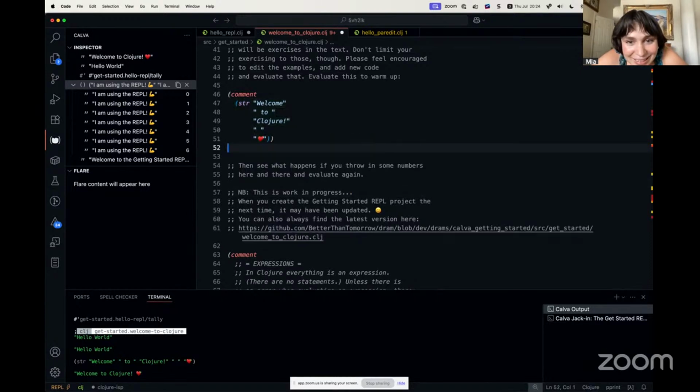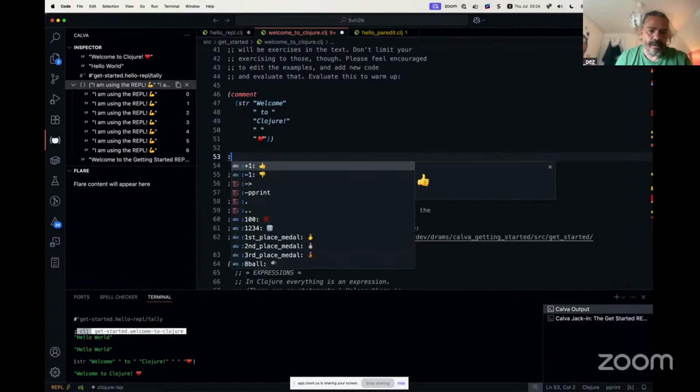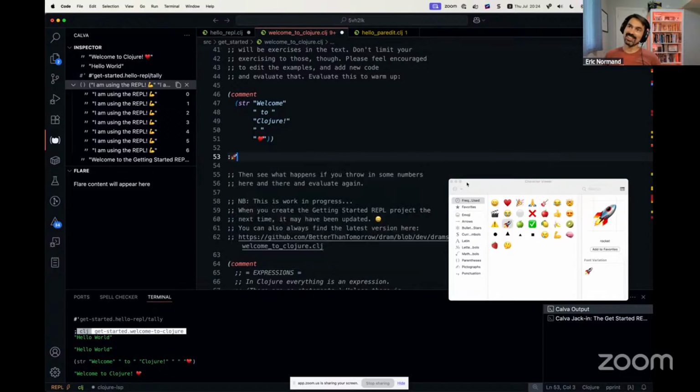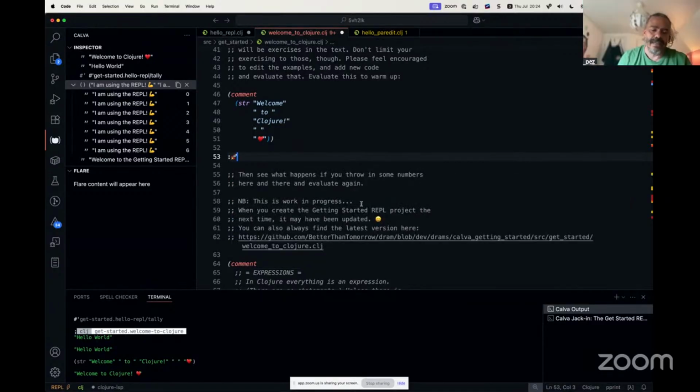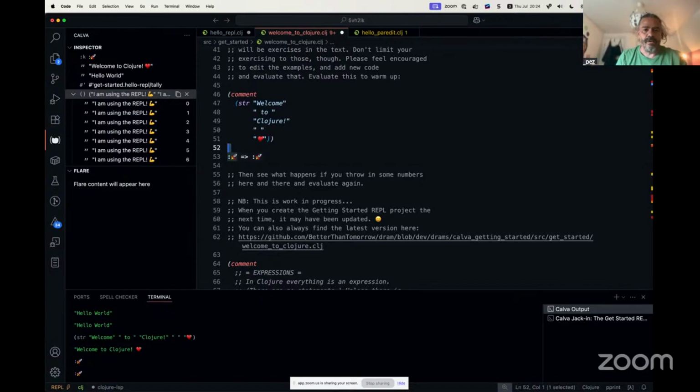And the thing is that in Clojure, you can use a thumbs up emoji as your keyword. Yes, this is a keyword, right? Yeah, it's valid. It evaluates to that. And you can use it as a variable name too, as a symbol. But I don't have this in the guide because